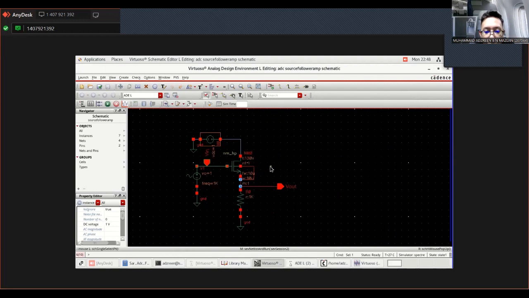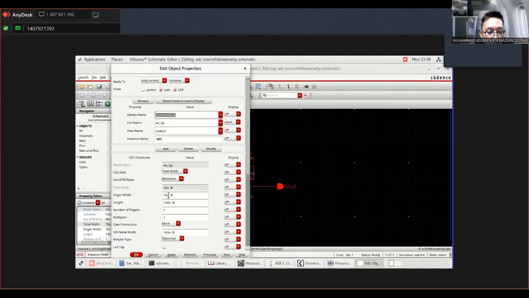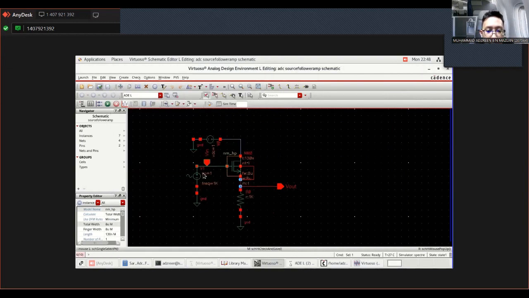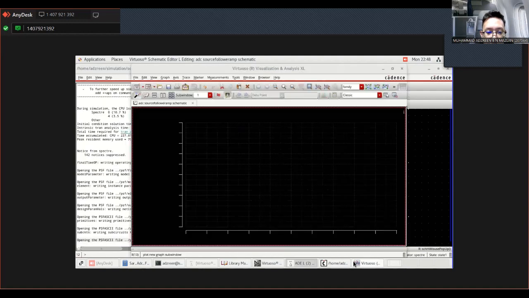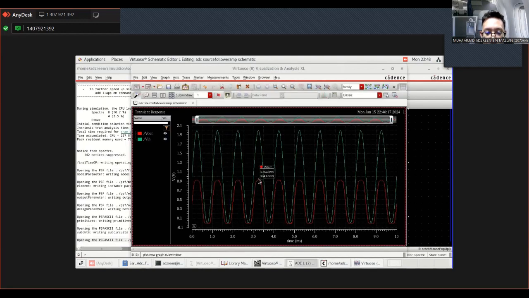If we want to adjust the voltage, we can adjust the width of the NMOS. This will slightly decrease the V out voltage. As you can see here, just now it is 949. So by decreasing the width of the NMOS, we will decrease the voltage at peak of the V out and